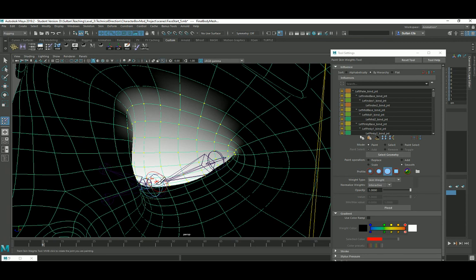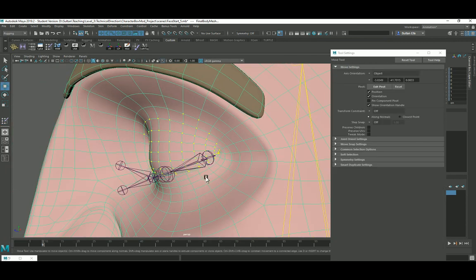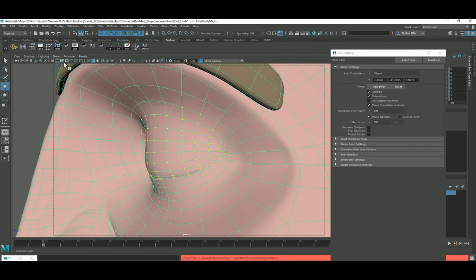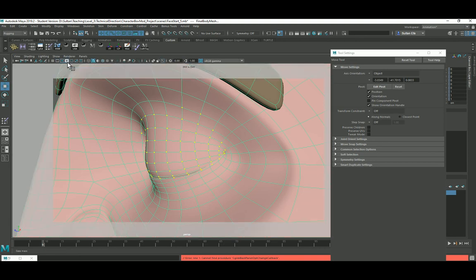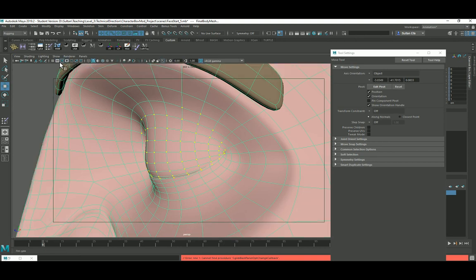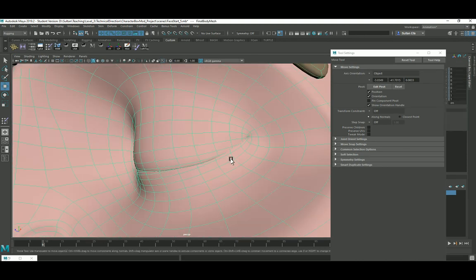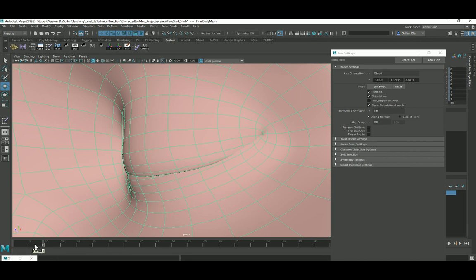Okay. So let me just go back and turn the joints off. Come on, Maya. There we go. If you're getting some issues like penetration issues and so on and so forth, the trick I